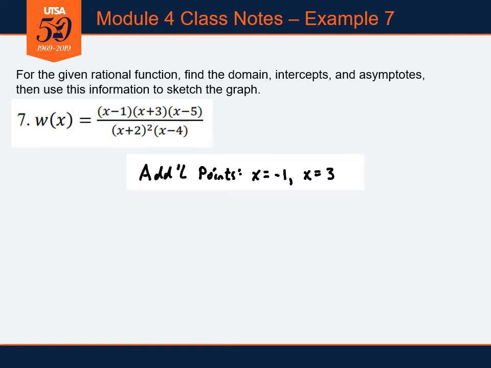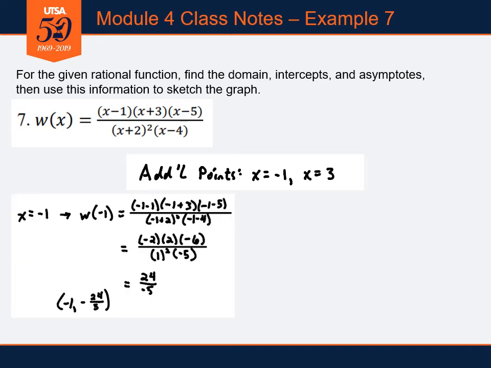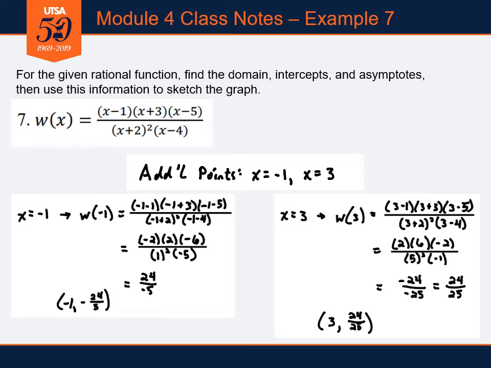At x equals -1 and x equals +3. When x is -1, do all that fun math. Then we get y is 24 over -5. When x is +3, do a lot more fun math and get y is 24 over 25. So here, my y value is almost -5. And here my y value is almost 1. Plotting those